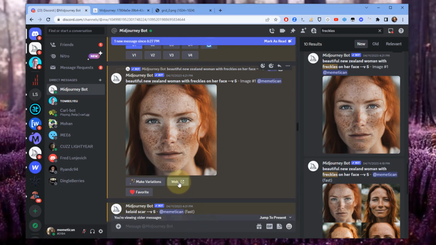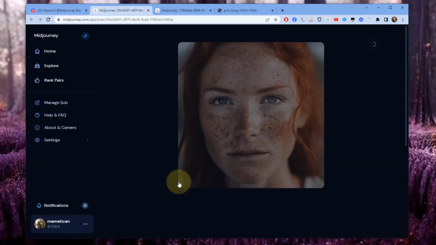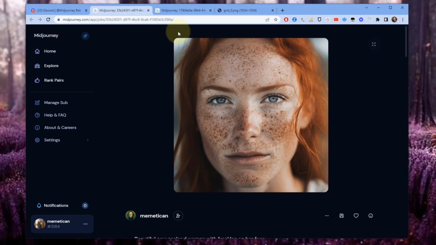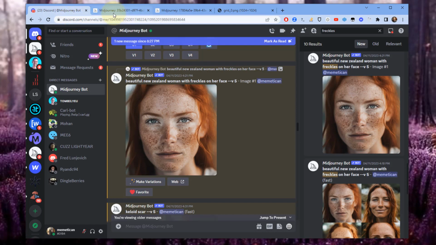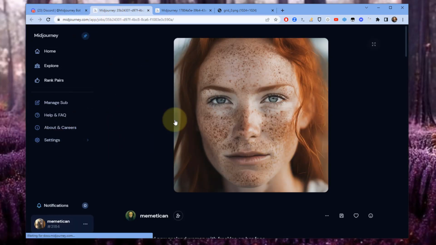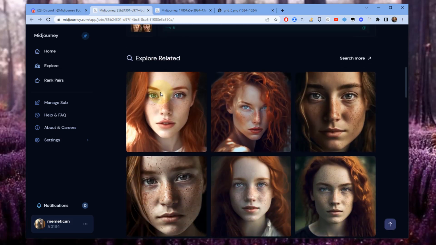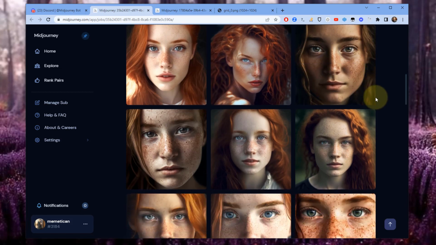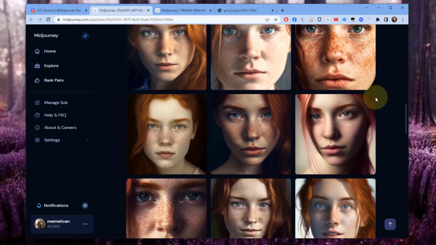Now, when I click this web button, opening up that upsized image, it brings it up into a new Midjourney, into the midjourney.com domain rather than the Discord domain. So you'll have to log in, give it a little authorization. But other than that, you should only need to do it once. And from here, you can download your image. And this is normally the way that I would go grab the highest resolution version of the image that I had generated. However, if you scroll down, you'll notice that there are a whole bunch of related images